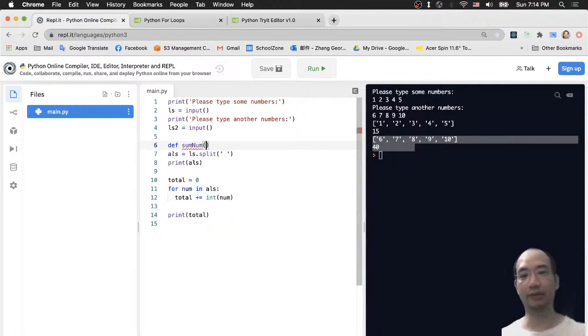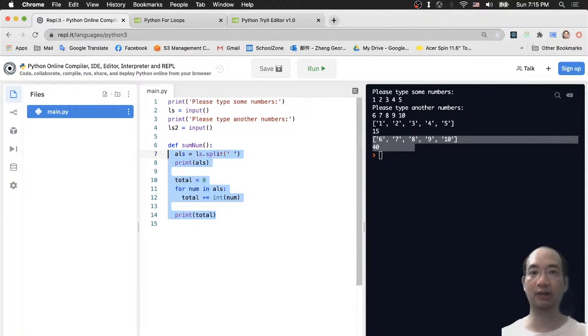Okay, some number. So I am going to sum, and you put parentheses, and now you have a colon. Now I want you to highlight from here to here, like you press the tab key. You know where the tab key is? It's on your keyboard, on top of the caps lock, and there's a tab key, and